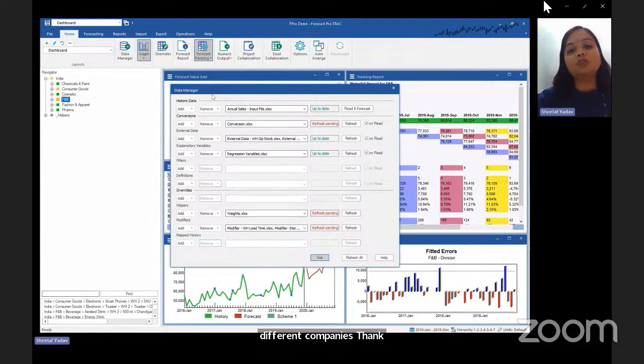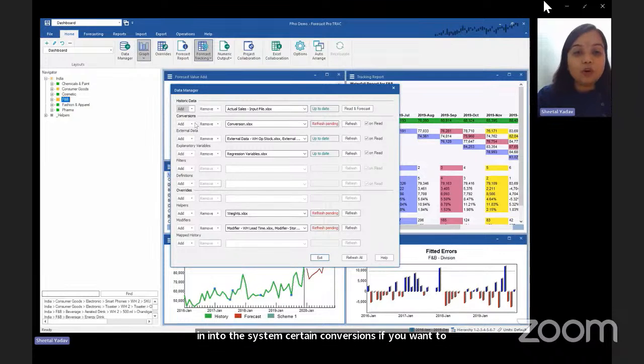Now, depending on what we are trying to forecast, we can feed in that information, and that goes in the historic data segment. We can feed the data via Excel, an ODBC file, or an MLG file. Along with this past sales information, we can also feed certain conversions into the system. If you want to look at my data